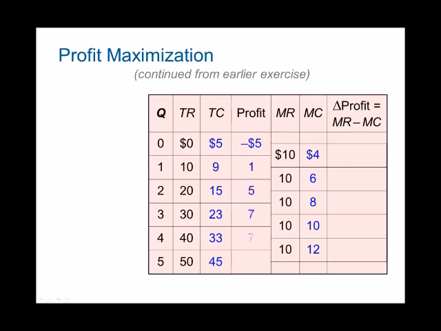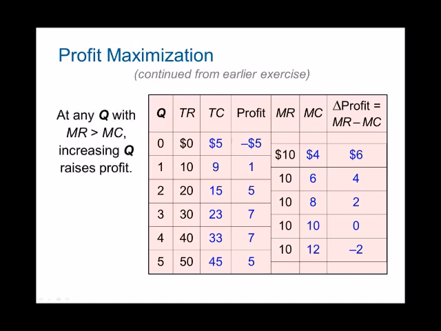So if we look at total profit, which is total revenue minus total cost, we find that profit is actually maximized at a certain quantity. If MR is greater than MC, profit can be increased if you keep on producing more, and we can see this from here. This shows MR is greater than MC, all these numbers, and if you compare it with profit, profit keeps on increasing. So you keep on producing more, and that will keep on increasing profit. The place where MR equals MC is the place where profit is maximized.